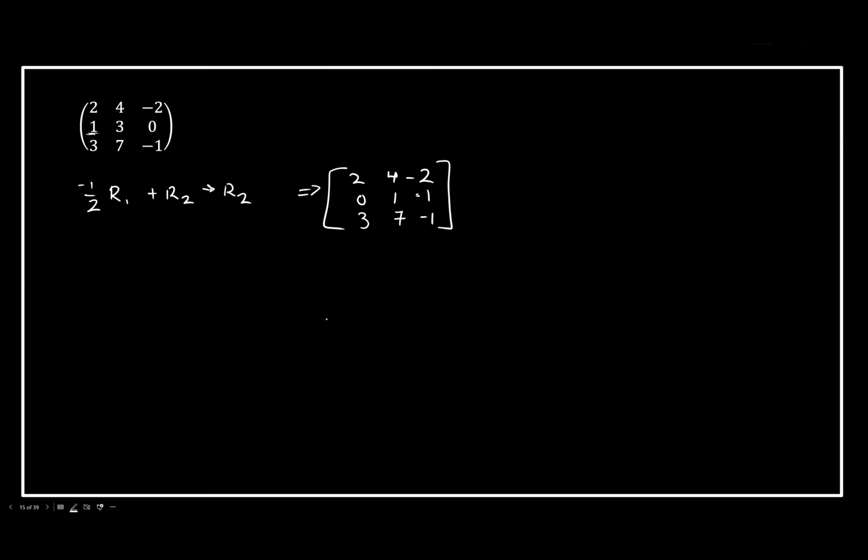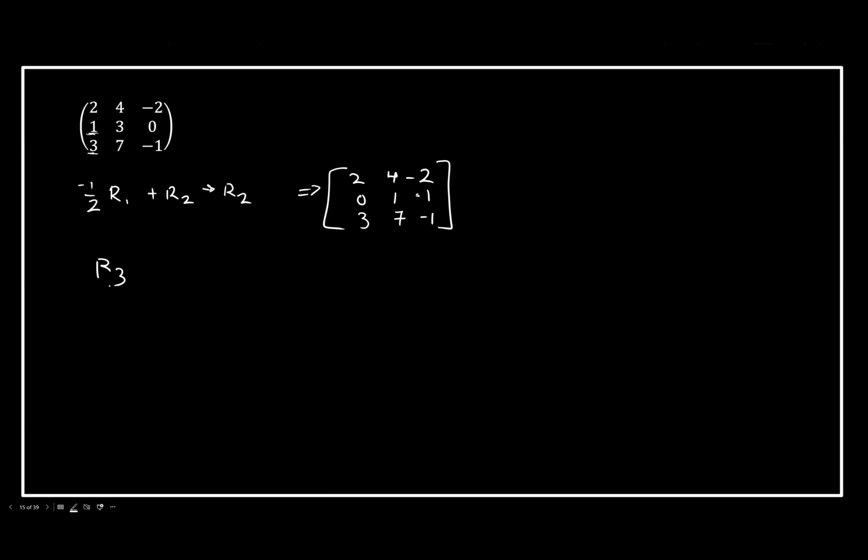So that's kind of the first thing we do, right? And then you just change row 2. Yep, we can only change one row at a time, right? So that just gets rid of that 1. Do you see how we have a 0 there now? So now we need to get rid of this 3. So we're going to do something similar. We're going to do the operation